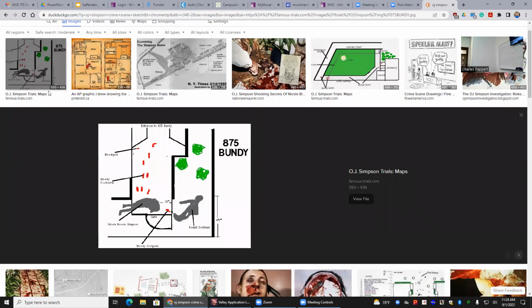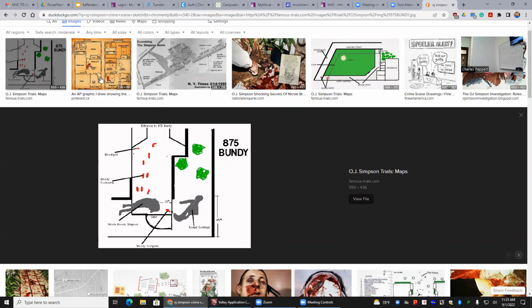This is kind of not exactly what I'm talking about, but kind of sort of. This is the crime scene, a very juvenile looking rendition of the crime scene for the O.J. Simpson murder, or the Nicole Simpson murder. This doesn't do a very good job because it doesn't show the steps. It doesn't really show measurements. It doesn't really show a lot of stuff, but even just this rudimentary thing right here does give you kind of an idea of what we're talking about